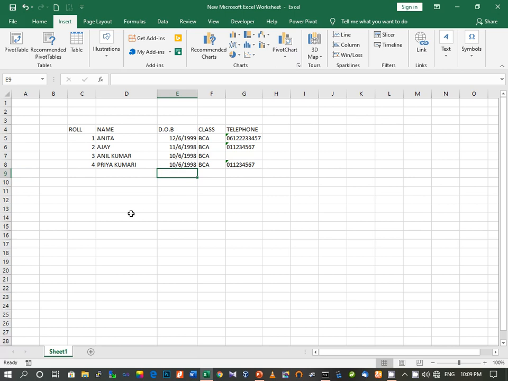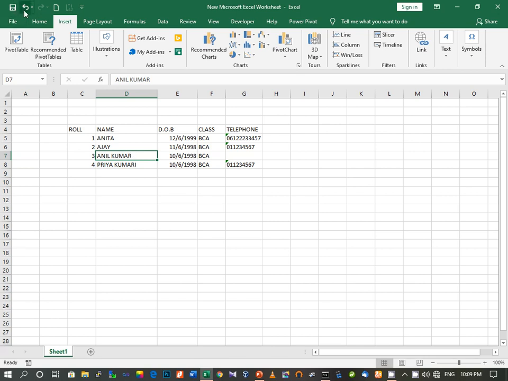So suppose I have typed something here, I have done some changes over here, and I want to undo, means I want to go back. So I will press Ctrl plus Z. Whatever the recent change which we have done will be removed. But suppose you later realize no, this is right, so again what we will do, we will press the redo button, and the shortcut key for that is Ctrl plus Y. So again you can see that this has appeared over here.